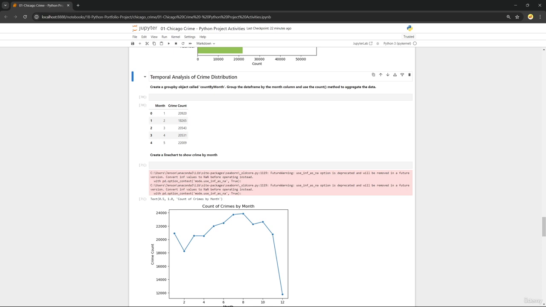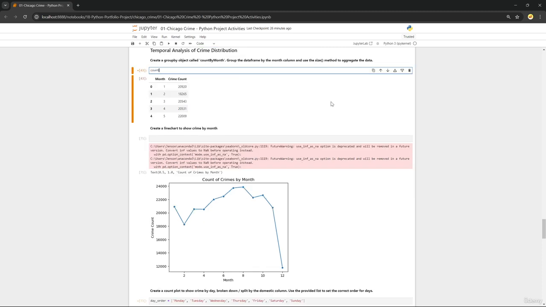Before we can create any of our plots, we'll need to create a group by object that groups all of our data by month and then count the number of crimes in each month. I'll say count by month is equal to df.groupby and then our month column. As we need to count the number of rows, so basically how many crimes were reported in that month, I'll set the size method. As well, I'll also call reset index, because as we can see from the example here,